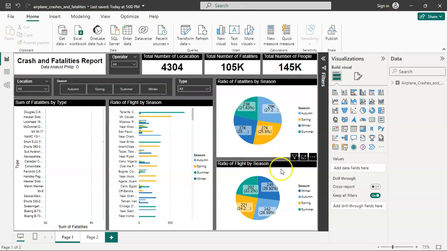We also have the chart giving us the ratio of flights per season. During the winter season, we had more flights. We had more flights in that season, and that shows us the different seasons and their number of flights based on the percentage of the total number of flights on that chart. So we are going to go to the next page,